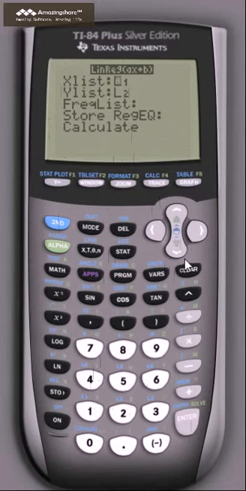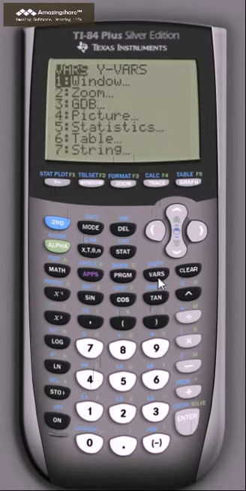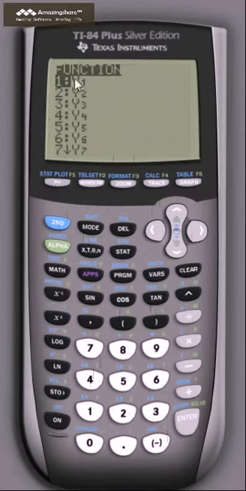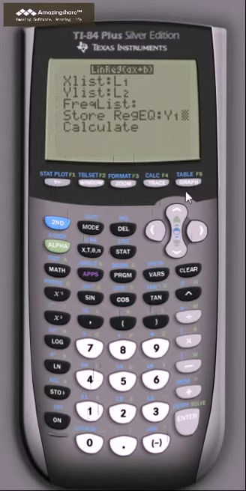In order to be able to use our equation, we want to store it. We will store that in a plot variable, in a function plot variable. We access those through the VARS menu. Var stands for variables, and Y-VARS is what we're interested in looking at. Y1 will be the location of our line. So with all that information included, we click calculate,